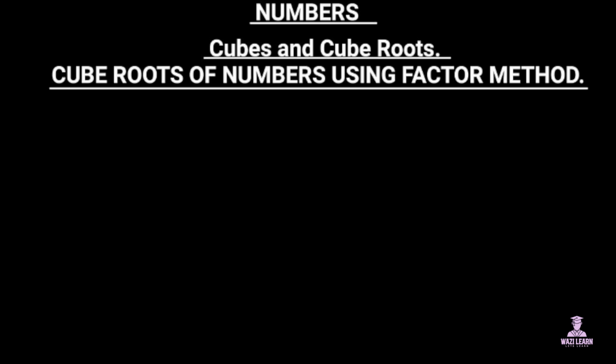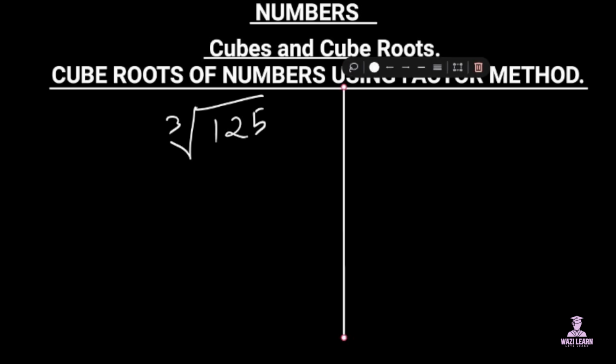Now let us look at some practical examples. Let's say you find the cube root of 125. We express 125 as a product of its prime factors. We'll do something that looks like this. 125,